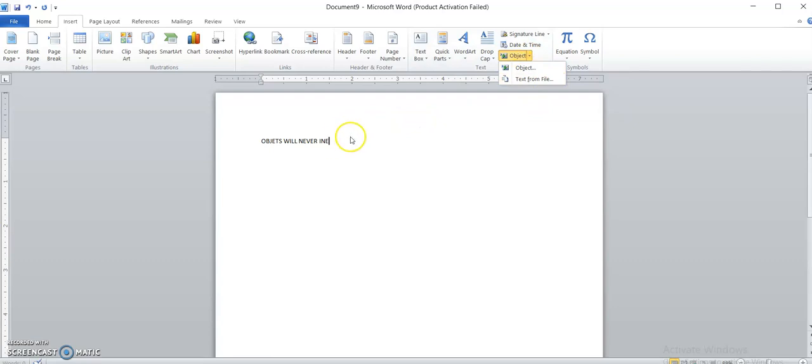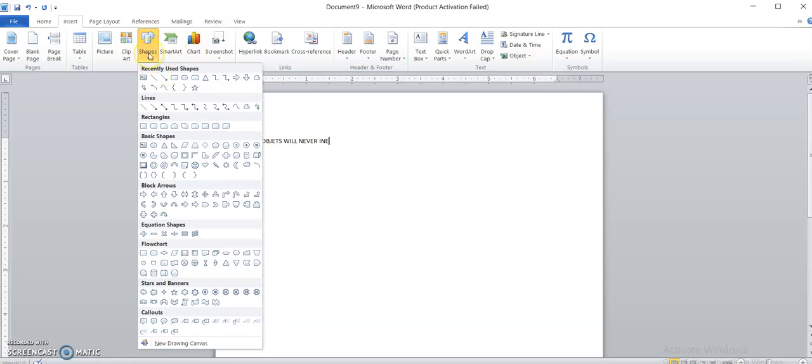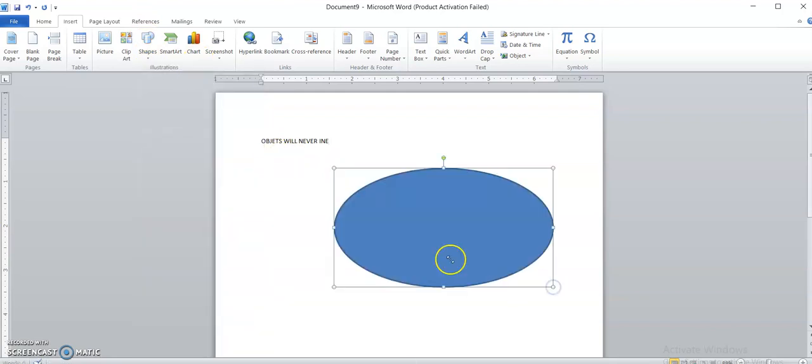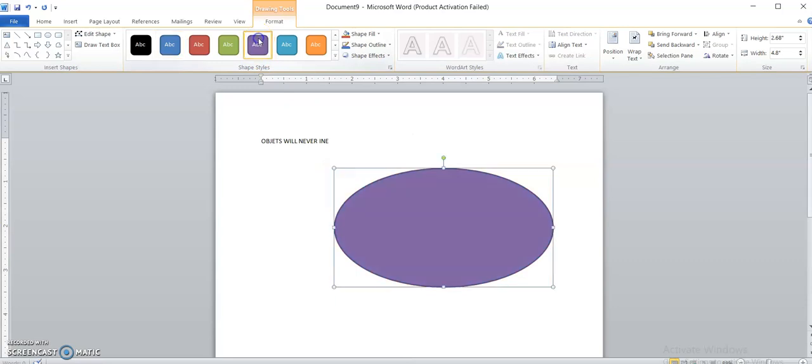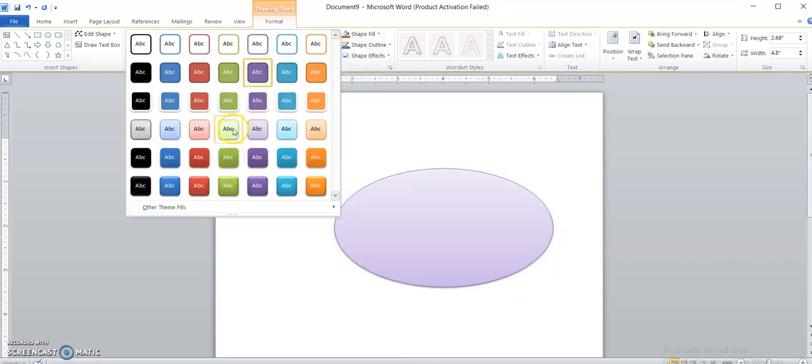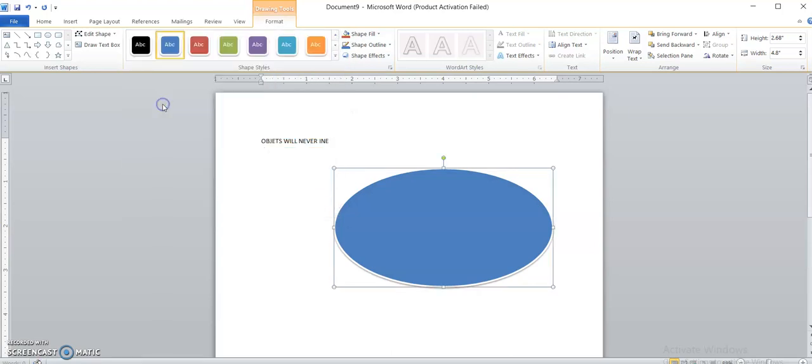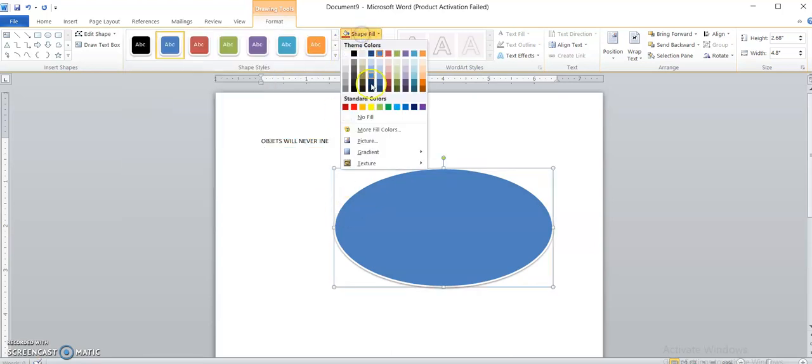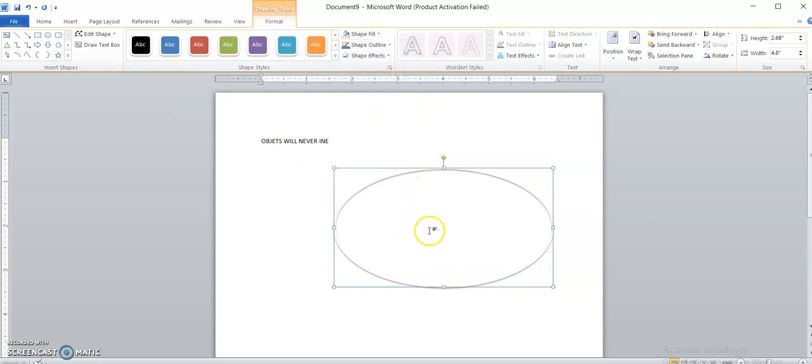So let's move to the last session of our chapter, that is inserting shapes, symbols and special characters in the document. How you can insert the shape, the charts or any screenshot if you want to insert, how you can select the shapes. From here you can select any shape like this. You can choose the color, whatever color you want of your shape. So you can also make the shape, let us say, transparent.